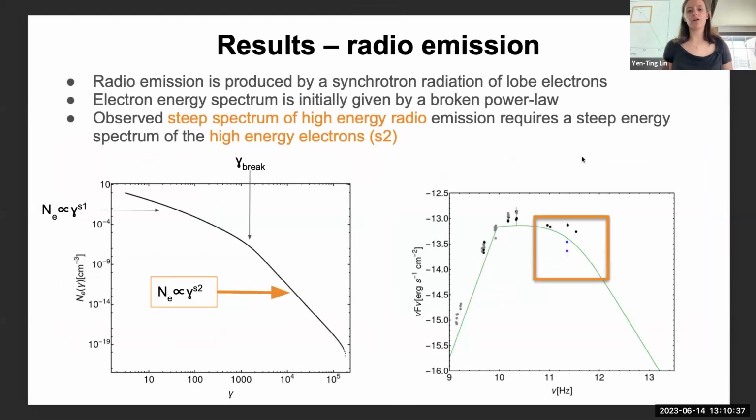So the first of our results considers radio emission. All three of our sources have a very steep high frequency drop in the radio emission. And it can be explained within the model only when we set the high energy electron spectrum index to a very soft value. So we need a very soft high energy electron index in order to reproduce the observed radio emission in all of our three sources.